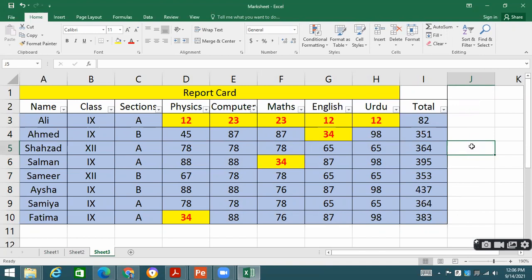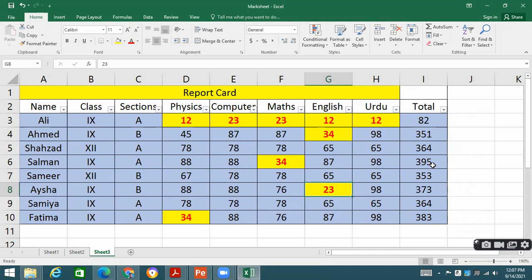So whatever formatting I applied, it is done automatically on the values wherever the value is less than 40. If I make any change over here and I give the value 26, 45, 23, it will also be changed accordingly because the rule is given over there. The rule has been applied for the conditional formatting.